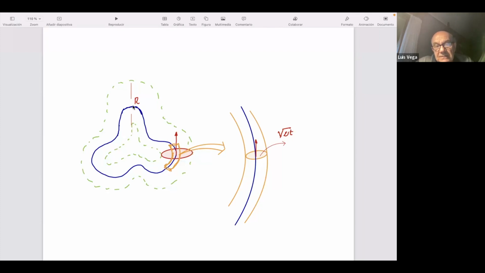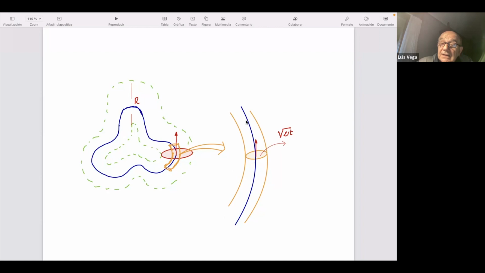Then somebody has to give me that the curvature is more or less under control. Say the tubular neighborhood will be the green one, r is the distance. And then at any given point, I look at the tangent and I put cylindrical coordinates here. Because the leading order is going to be dictated by the local singularities, I can always think that close to this point, what I have is something like what you see here.